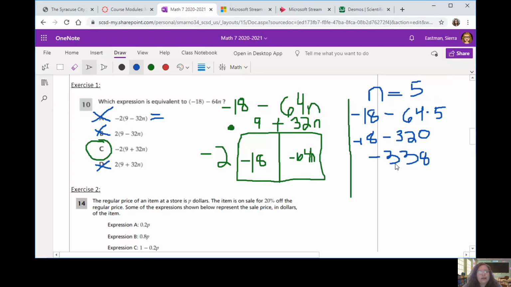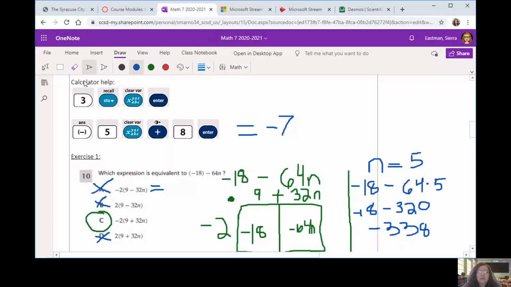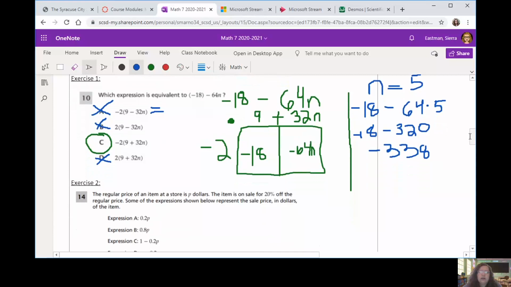Or we can use our calculator trick, and we could even have stored 5 as x, okay? Stored 5 as x, and use that 5 with the x button to try each of these. We can only store x and use that in the calculator if we know or are taking a guess about what x is. Testing out a value. I could have done the same thing with n equals 2, n equals 5, which we already did, n equals negative 10. You can test out any value and figure out which one is equal